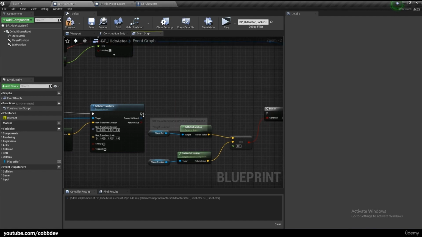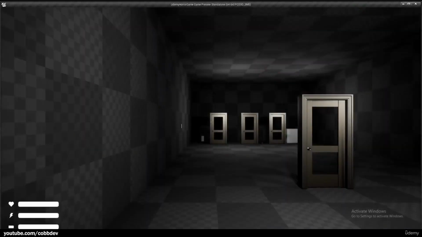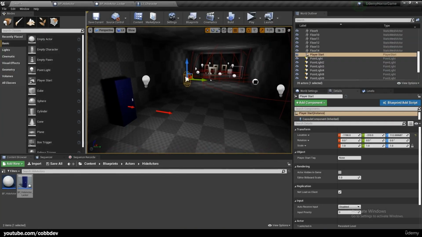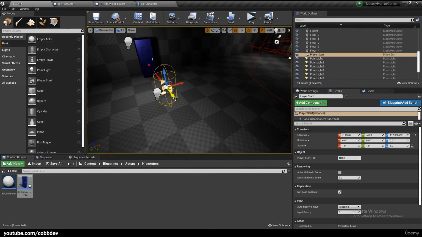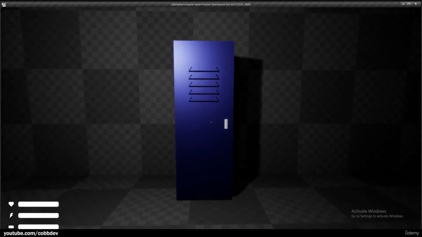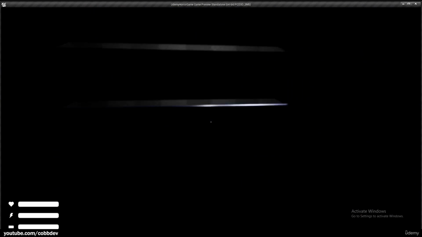We don't want to be able to quote-unquote walk around the locker, especially because it's no longer moving our character. And I should have demonstrated that, so let me actually do that now. Since we're going to be working with this a while, I'm just going to move our player start right here, make us face the locker. Let's play again, and let's go to our locker, hit E, and now if I kind of try to walk